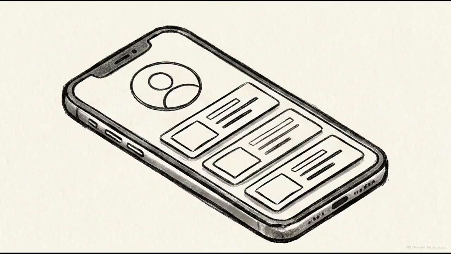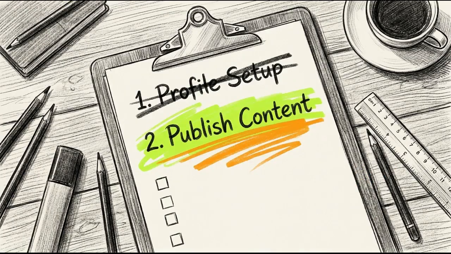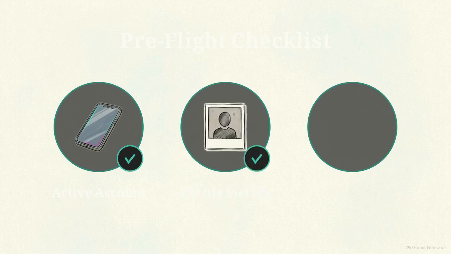In this tutorial, our primary objective is to take a brand new blank account and engineer it into a highly optimized digital identity. Once your profile is correctly set up, we will immediately move to our second goal, drafting and publishing your first piece of community-building content. Before we begin, you need 3 things ready to go: an active 9jawap account, a clear profile picture saved to your device, and a basic goal for what you want to achieve on the platform.